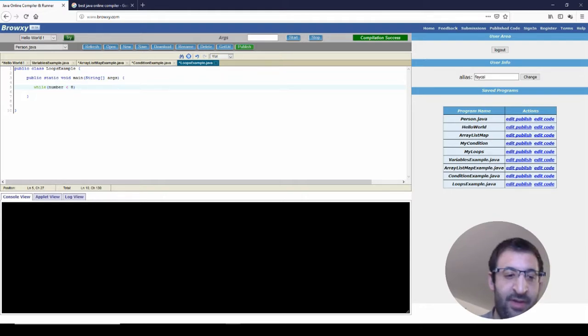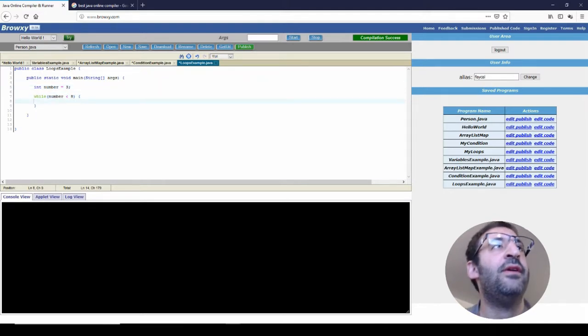Of course, I will initialize the number to 3. Int number equals 3. And here I will display the number. System.out.println